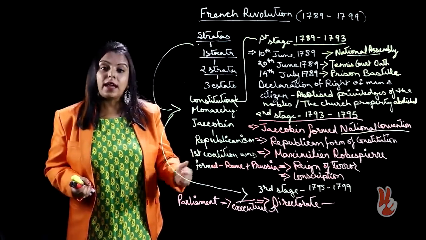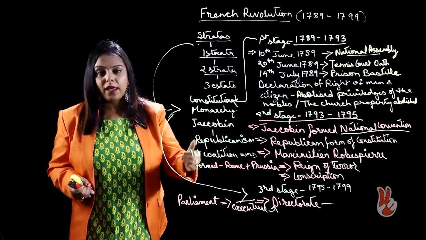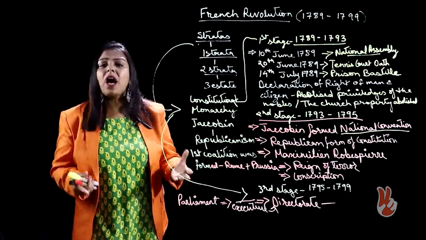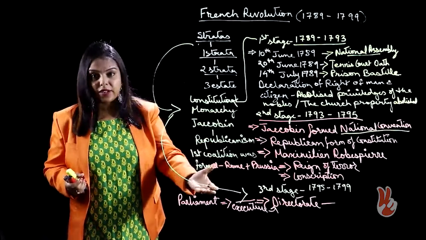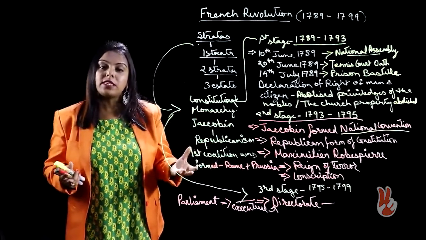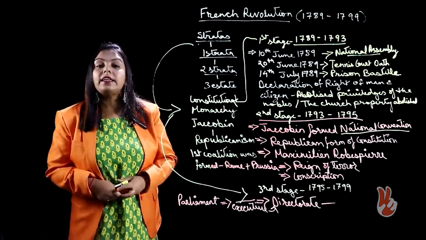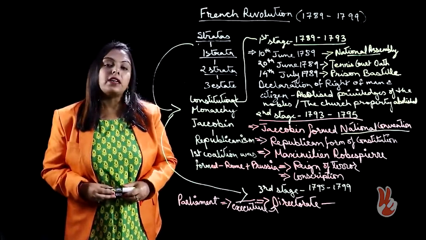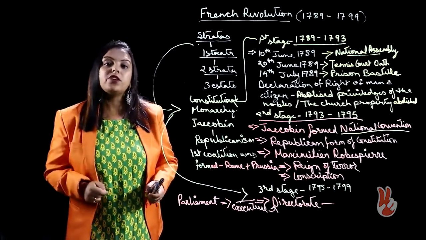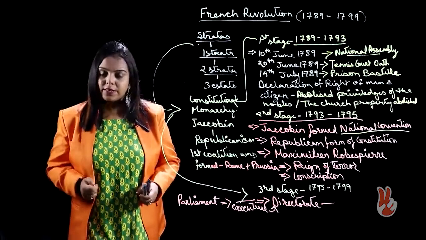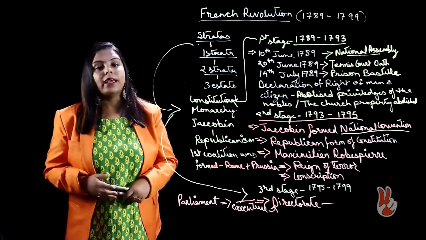By 1799, people of France started supporting Napoleon Bonaparte, and they had more trust in Napoleon than in the Directorate, which was not going to bring democracy and was not working to change the situation of France. In 1799, Napoleon came back to Paris and he usurped the power, and that was the end of the French Revolution. In our other class, we will be discussing Napoleon Bonaparte and the changes that he brought in the administration.